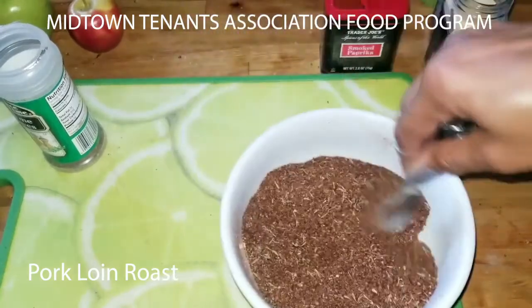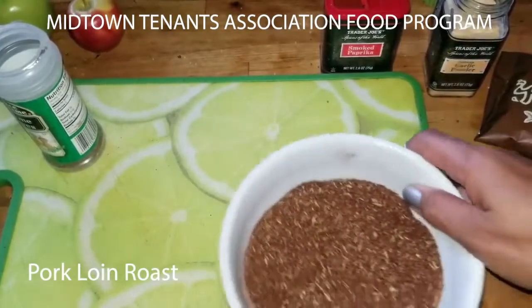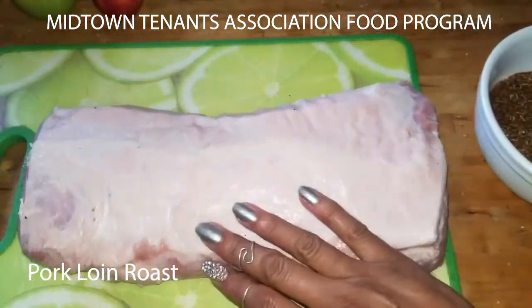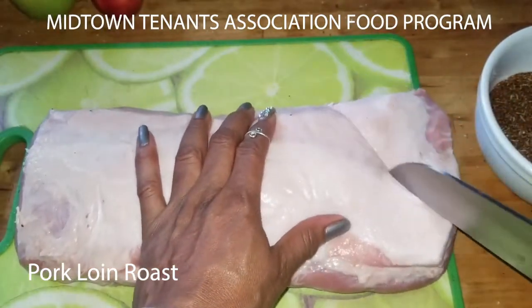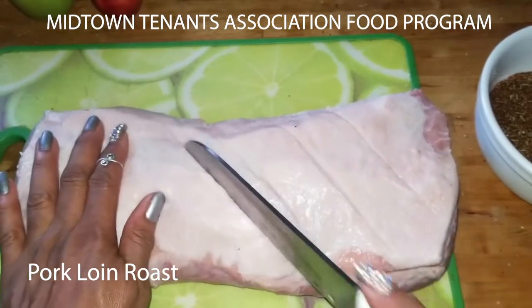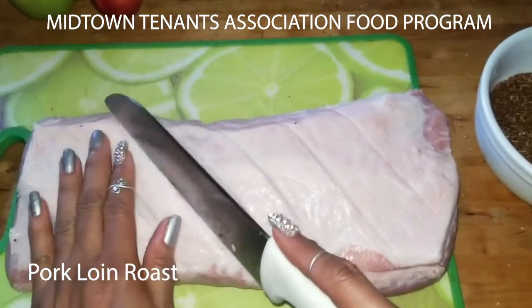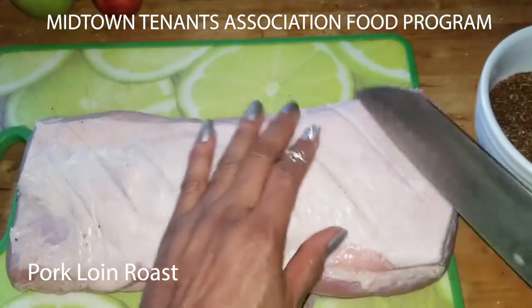All right, that looks good. This is something new I'm trying. I've never actually done a pork loin before, so we're going to do this together. This big old pork loin roast. I'm going to score the fat a little bit, just so this rub can get in it. This is really lean pork. I usually like fatty pork. So the fatty side will be the